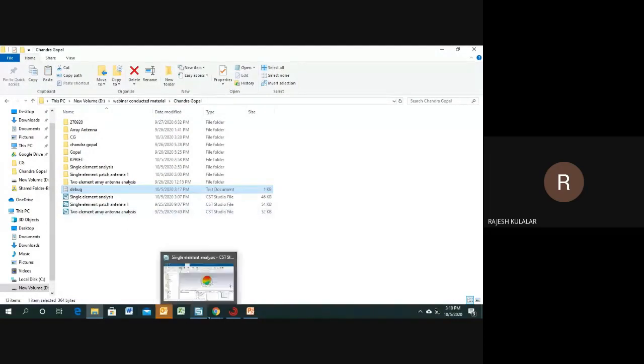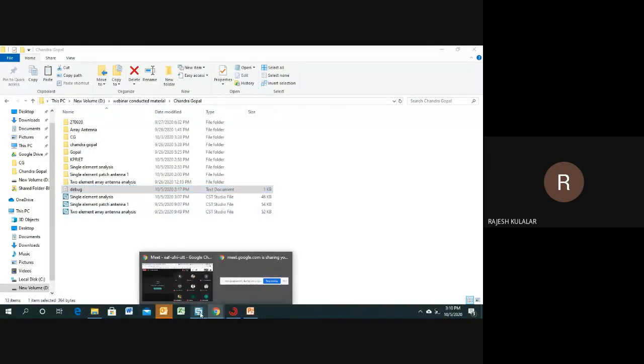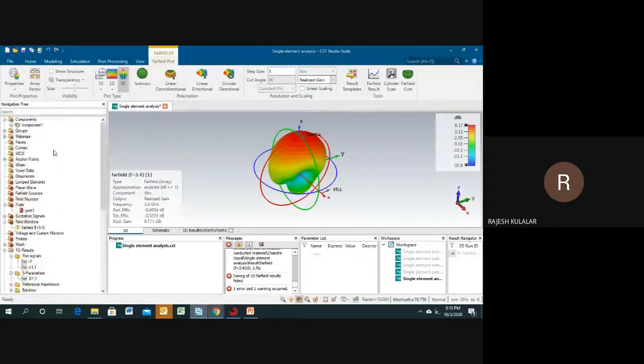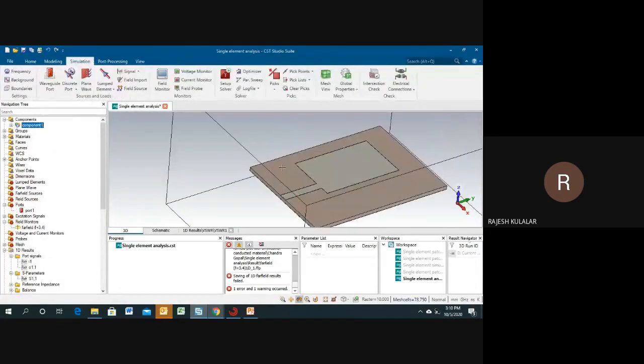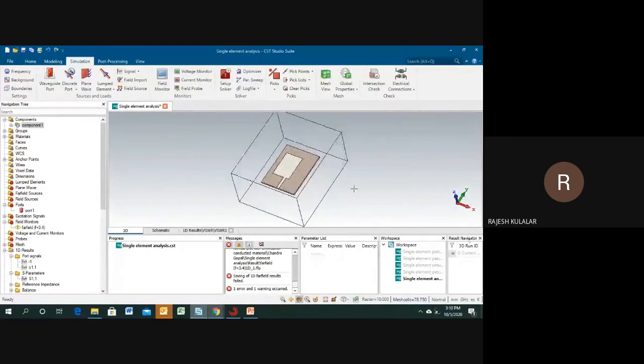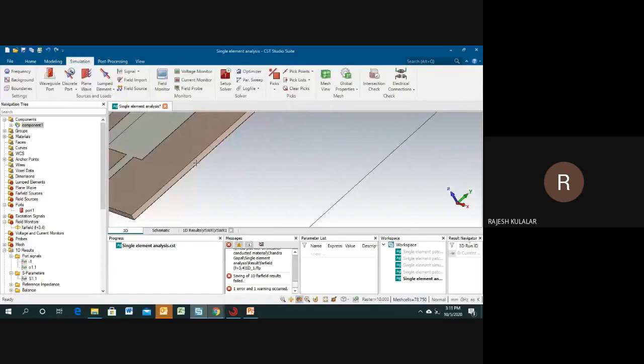Okay, so for the two element array, I will show you directly in this patch antenna. It says defining a two element.